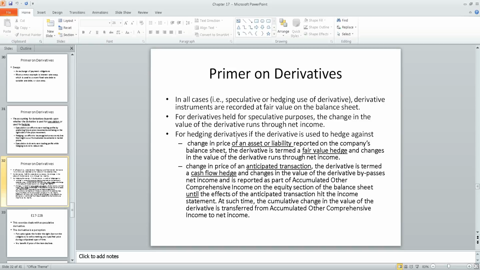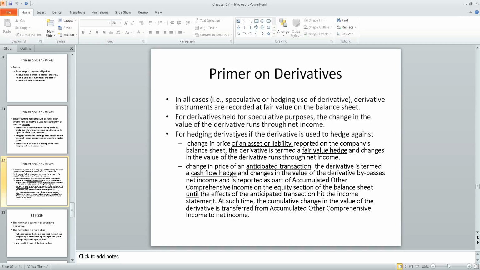Also, as I mentioned earlier, the accounting for all derivatives results in the derivative being reported on the balance sheet at fair market value. What differs across the accounting classes of derivatives is whether the gain or loss arising from the change in the value of the derivative flows through net income or is reported as a part of accumulated other comprehensive income. In the case of hedging derivatives, which is what we're looking at in this particular problem,